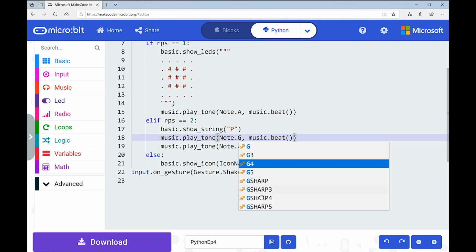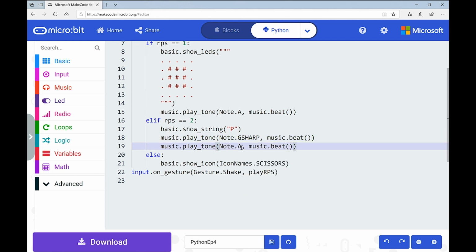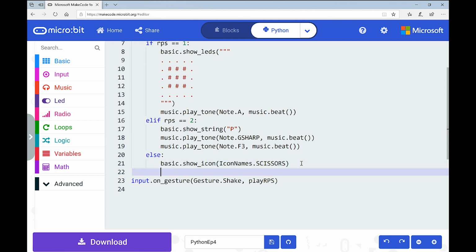You can see there's, for people who are musical, sharps and so on. You might need to play around with that to understand exactly the ins and outs of it, but it's pretty cool that it does that. And maybe I'll go F. Okay, now I have no idea what this is going to sound like, so bear with me. And then I'm going to take this again. So now I have 2 lines, so I can be even quicker, which we love. And I'm going to come down.